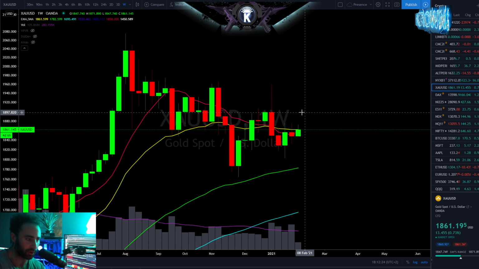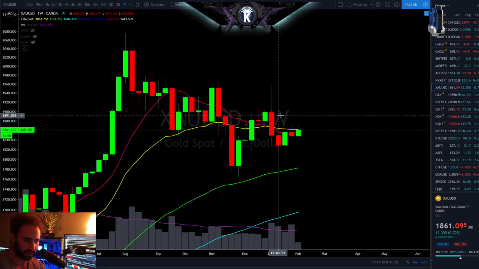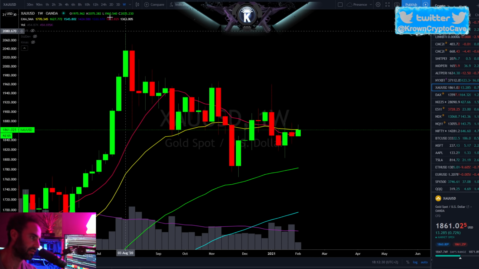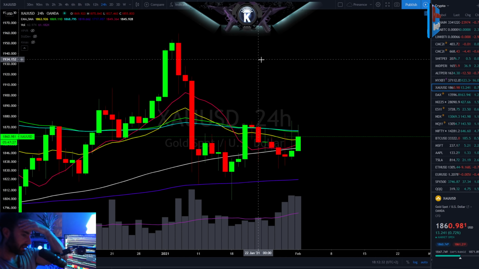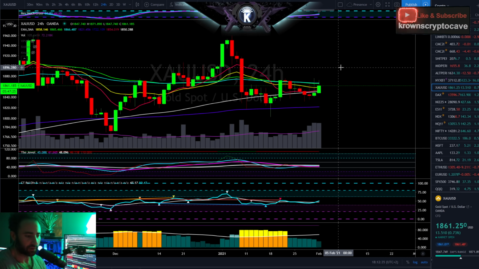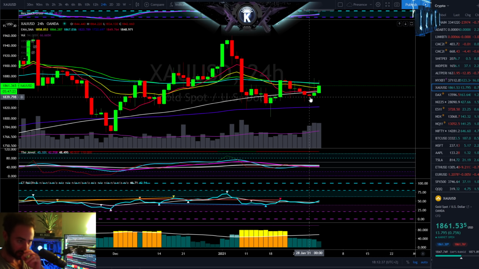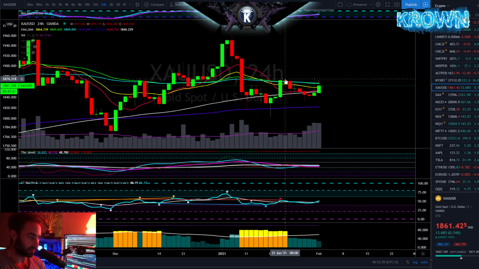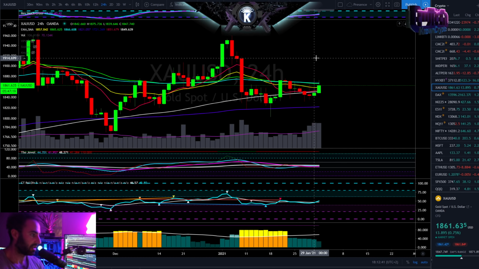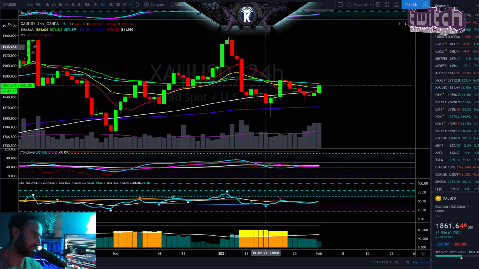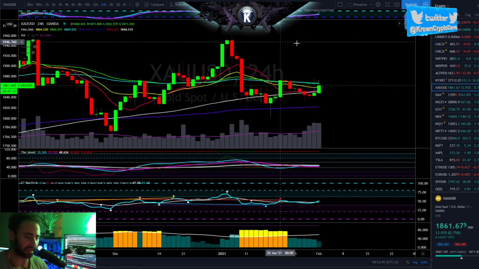If it can do that, I would be looking for a quick move up to about 1900, and then probably a small pullback from there with continuation implied towards 1950 over time. So right now, yeah, I would be staying with that, as it actually has put in a higher low here as well. So fair enough, anywhere above this high, then yes, I would be looking for extension. At the very least 1900, probably even 1950, and then we'll talk about further targets on top of that if